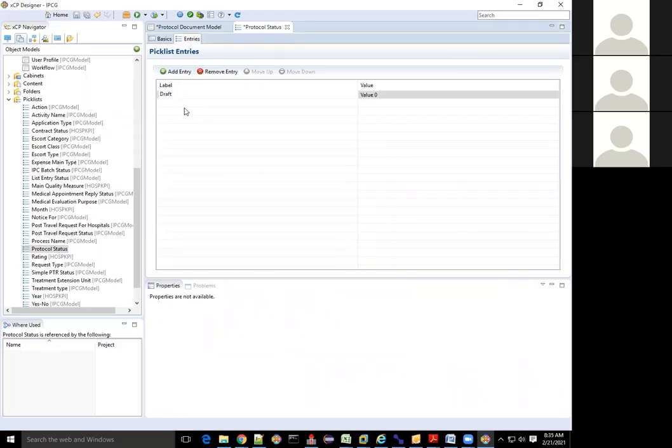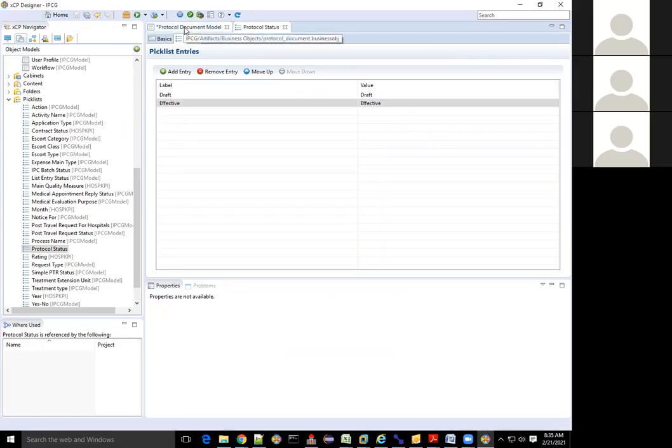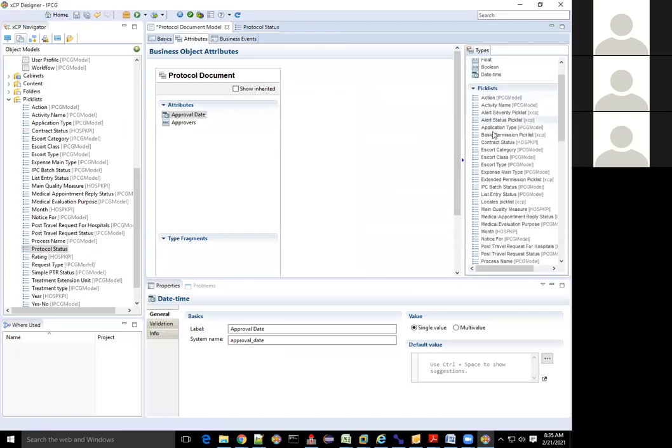Draft, and let's say effective. I mean, we are talking effective. Similarly, the value draft for the value should be draft. Right. I mean, let's see. Again, let me come here. See the